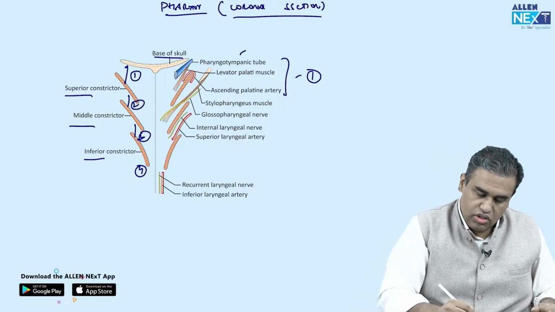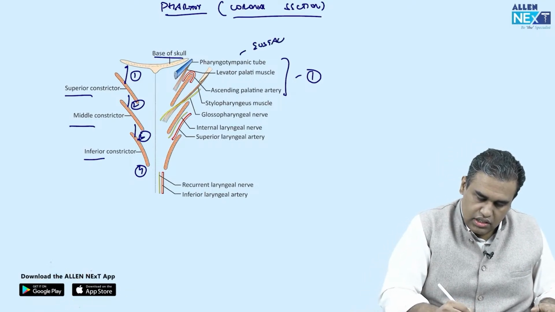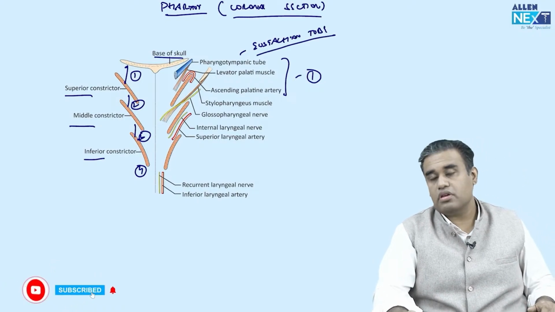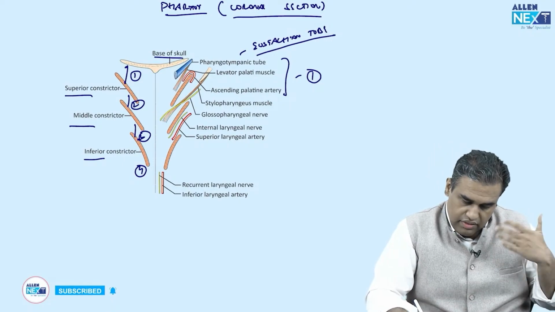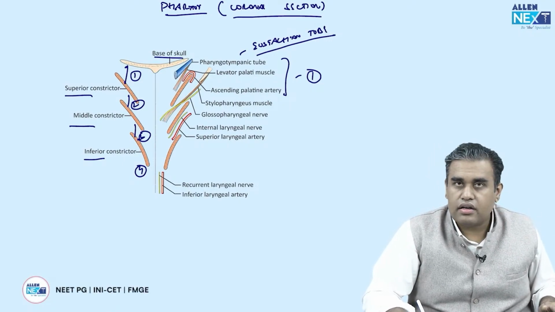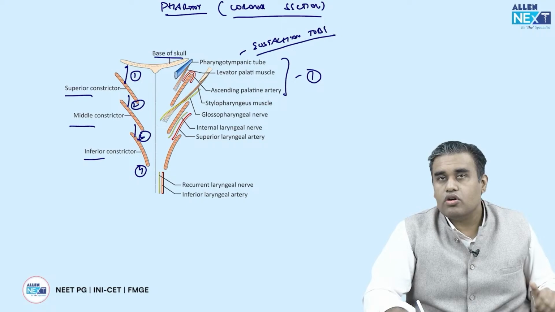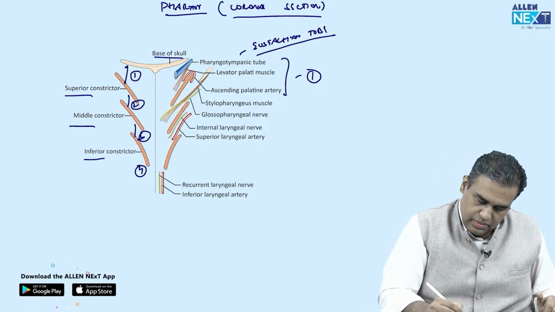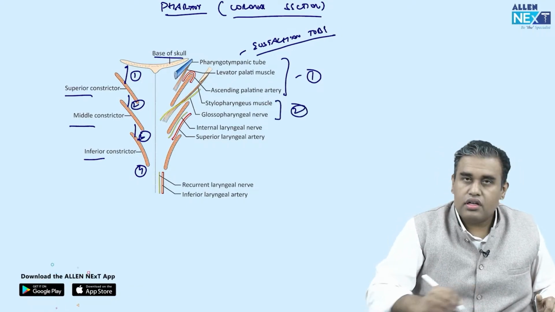फेरिंगोटिम्पैनिक ट्यूब कुछ नहीं है, this is the Eustachian tube, ठीक है। Above the superior constrictor, there is the Eustachian tube, there is levator palatini muscle and ascending palatine artery. Between the superior and middle constrictor क्या पास कर रहा है,